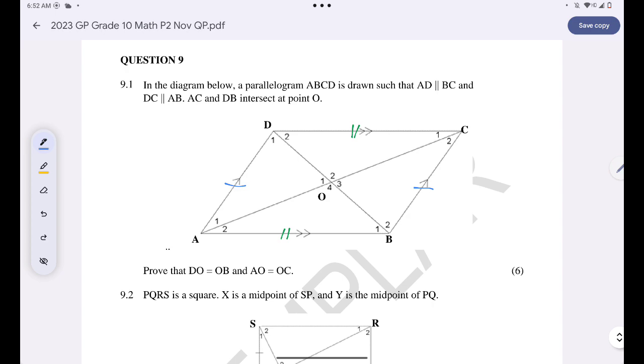Because opposite sides of a parallelogram are equal. Are you together? How can I prove it? Okay, I can say that in triangle ODA and triangle OBC,